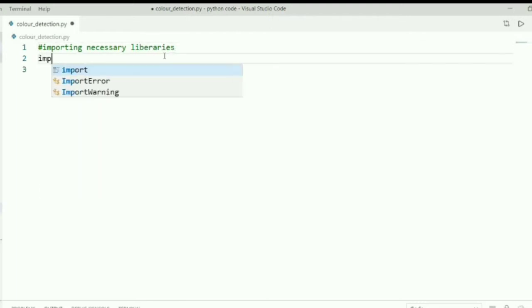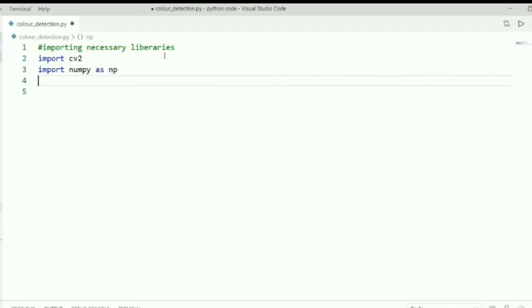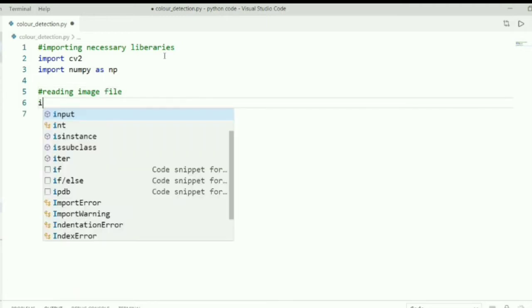So to import libraries, we need to write import cv2, import numpy as np. Keep in mind that these two are the basic libraries which every OpenCV project will include, and the things I'm writing after the hash are comments.